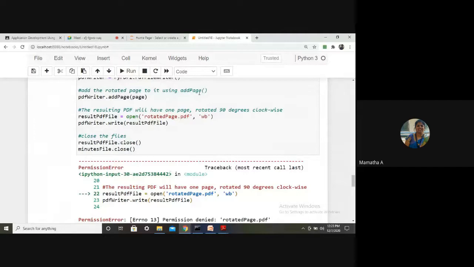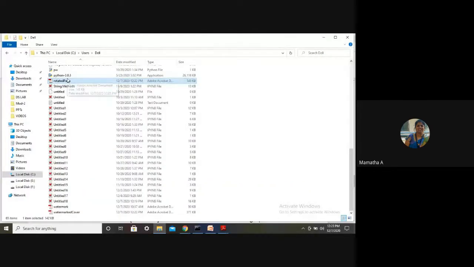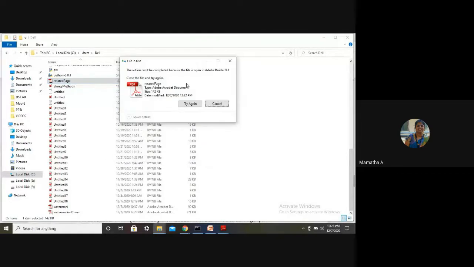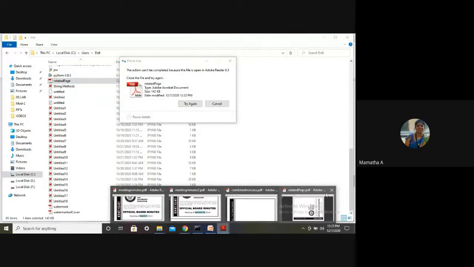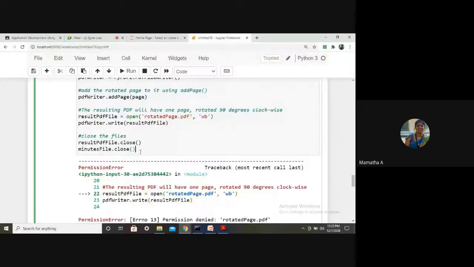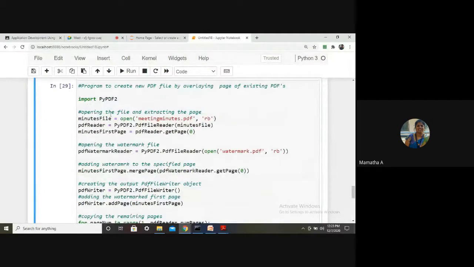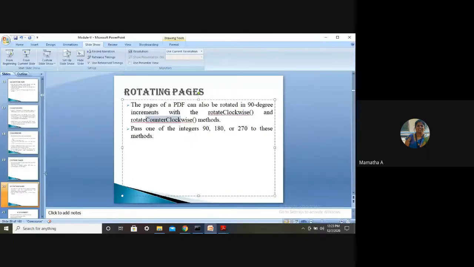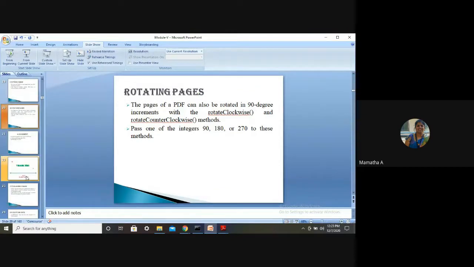If you want to make some changes, you have to delete it permanently from your disk and then execute the same. Otherwise you get an error. Hope you are getting it. Unless you practice, you cannot do it. So I want you people to practice the same.